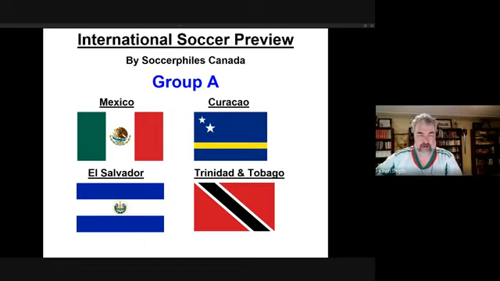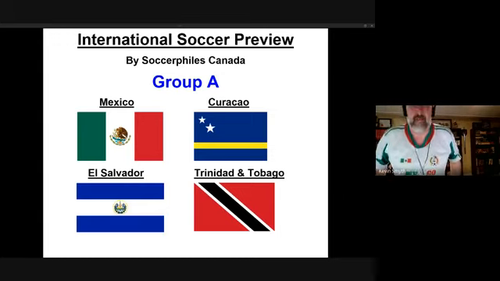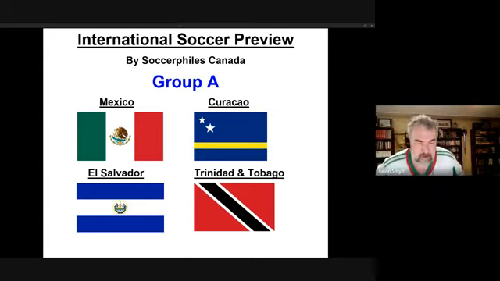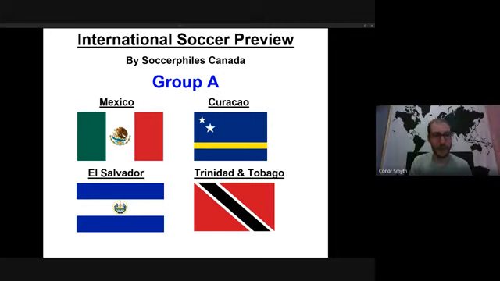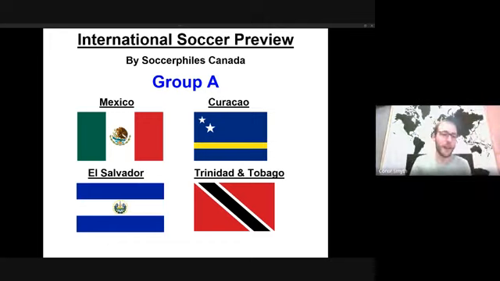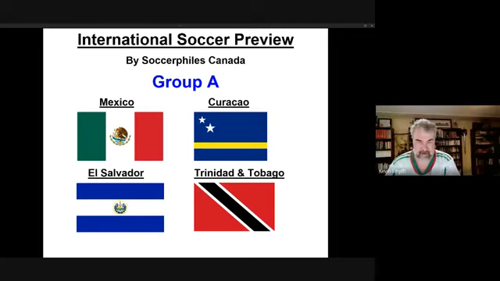I, Connor, am wearing a Mexico shirt, not particularly because I have allegiance to Mexico, but mostly because I have the shirt. Very nice. I don't have any shirt worth mentioning here, but I do like your Mexico shirt for Group A. Right, we got to get our Canada shirts in order.